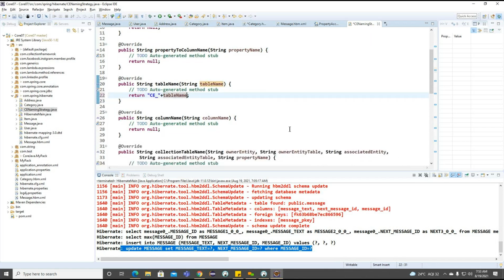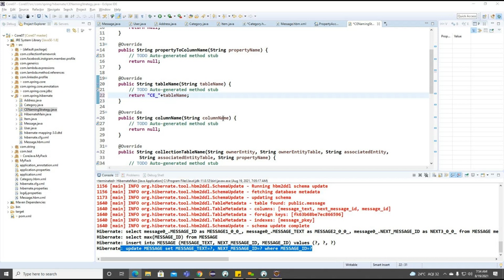And we can go for the column names here. To work on the columns, the same thing we can implement for the column names. But now we don't want to work on the column names here. We cannot provide the CA prefix for the column, we can just provide the CA for the table name.